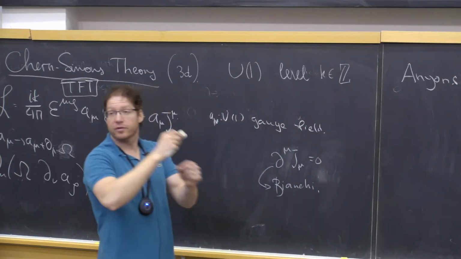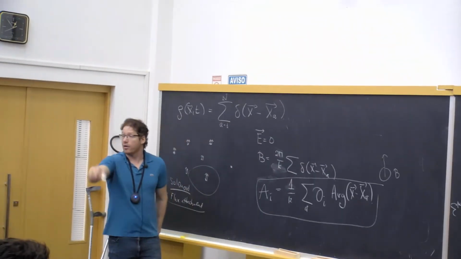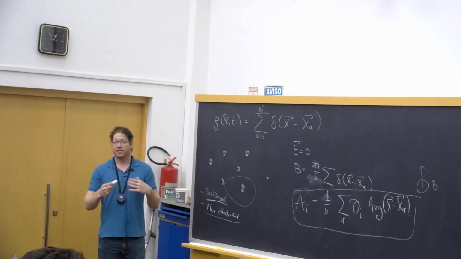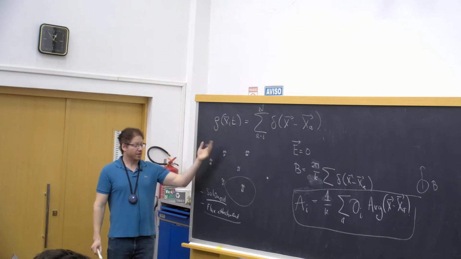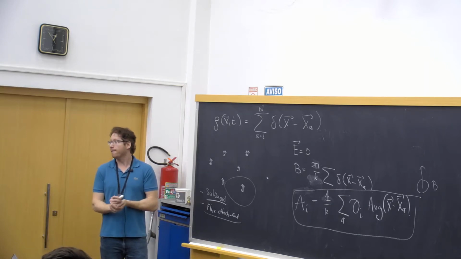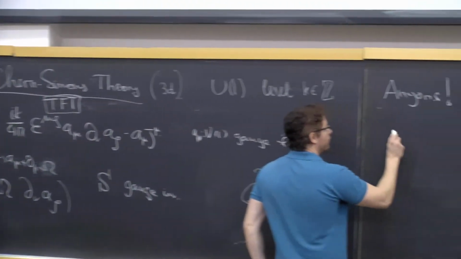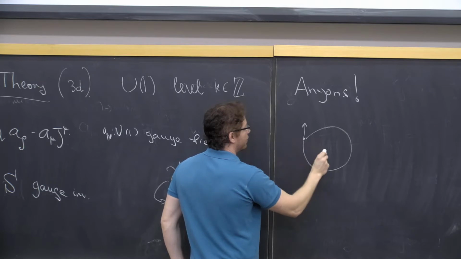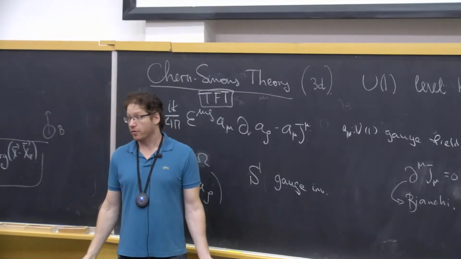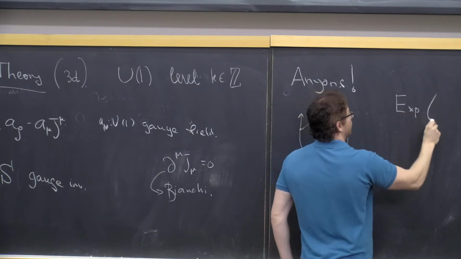And now we're going to compute the phases that the wave function picks up when these particles go around each other. And we'll also compute the spin of these particles. So they started their life as ordinary spinless particles, but because of this flux attachment, they become anyons, and furthermore, they acquire non-zero spin. So let's first compute the phases when two such anyons are moved across each other. This phase is nothing but the Aharonov-Bohm phase. So it's an exponential of e to the iA.